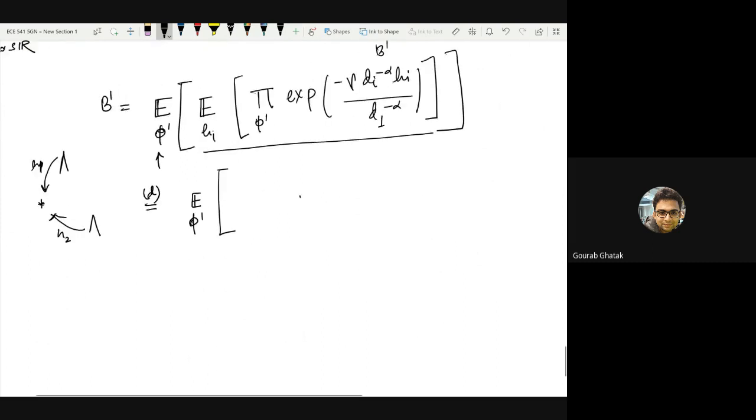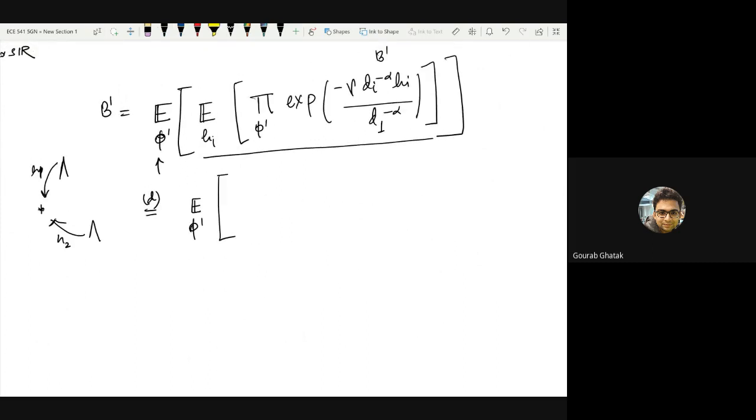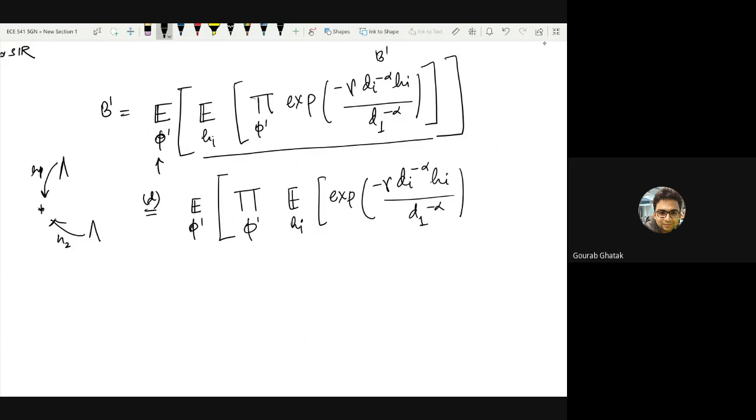So we have still not used any element of stochastic geometry here. It's still probability and random variables. So what we have is a product across all phi dash of the expectation with one of these Hi's of e to the minus gamma di to the minus alpha hi by d1 to the minus alpha. If we do it for one of the Hi's and take the product over all the terms, that becomes the expectation of the product. Is step D clear?